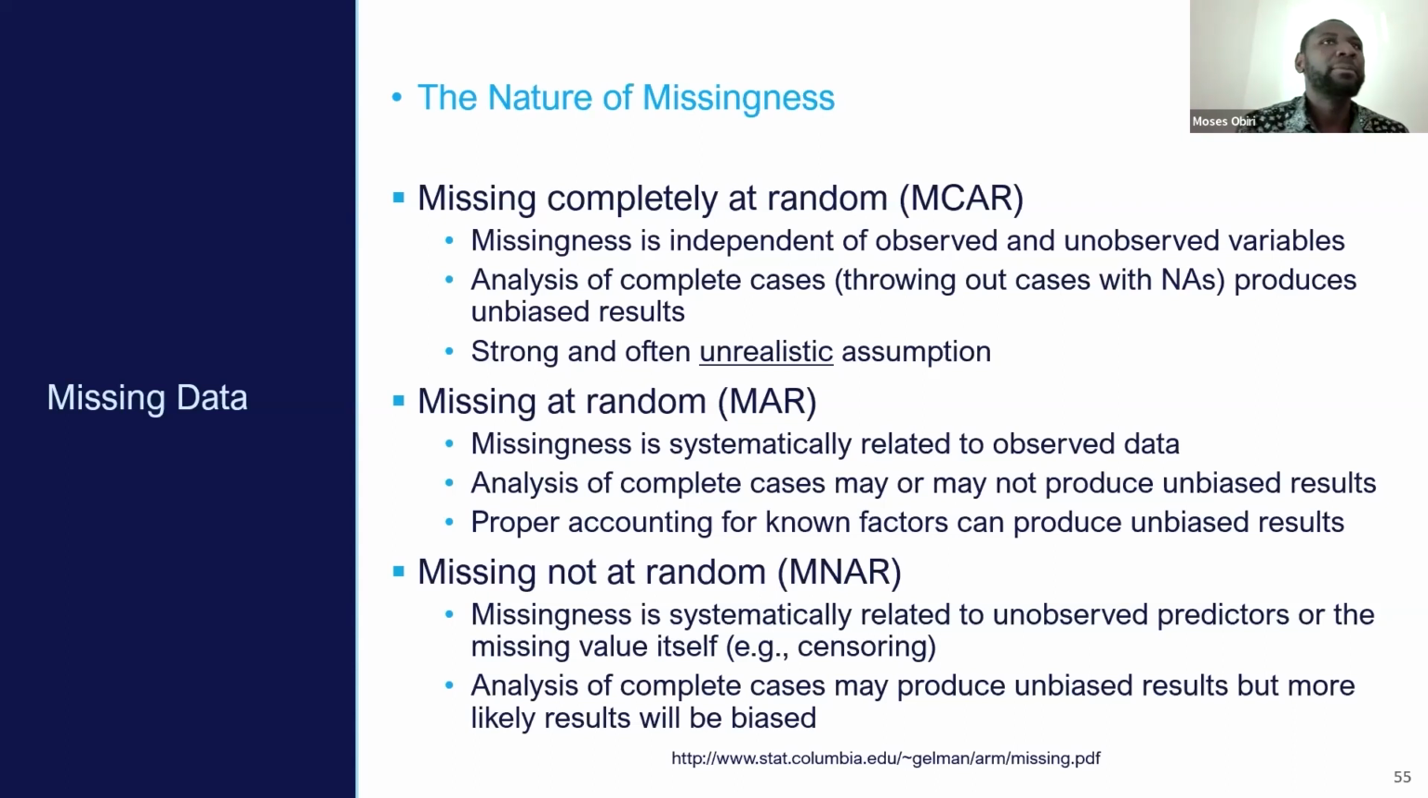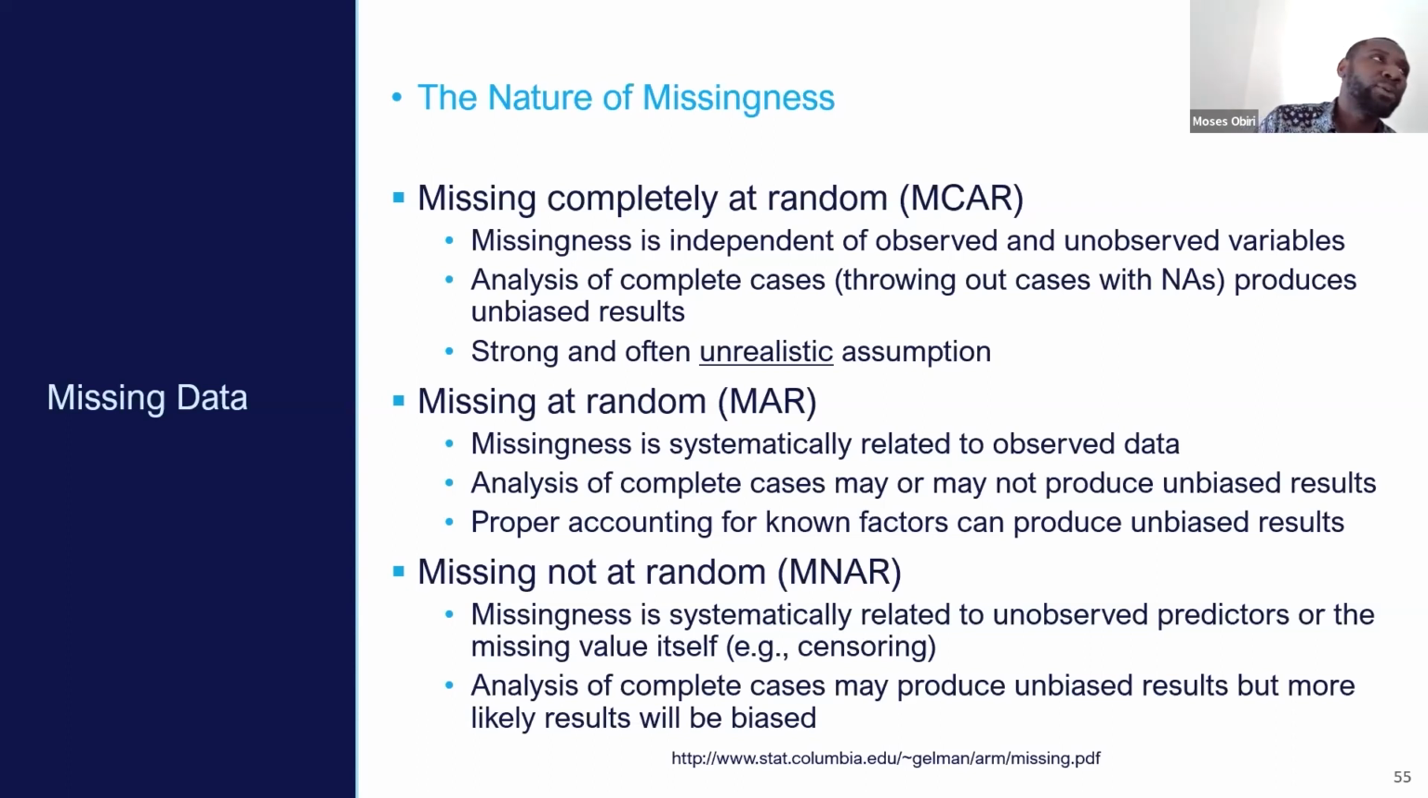And so broadly, the nature of missingness falls under 3 categories, right? The first one is when the missingness is completely at random. And this occurs when the missingness is independent of observed and unobserved variables in your data set. And so in this case, the probability of missingness will be the same for all units in your data set,